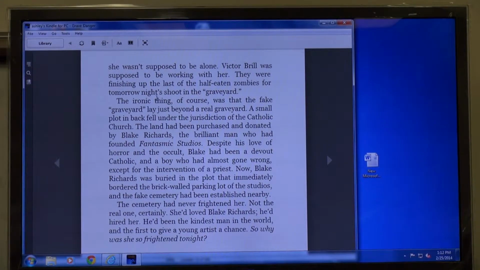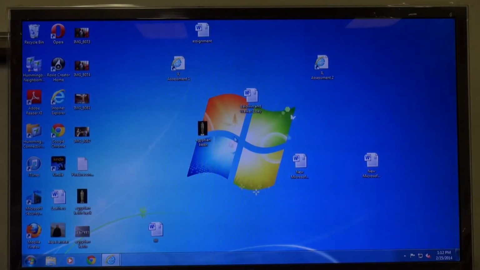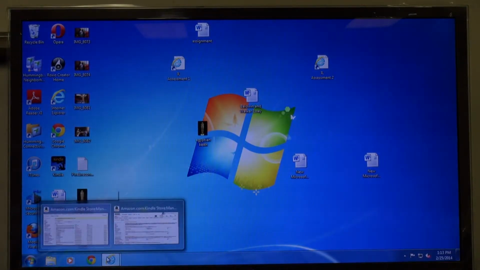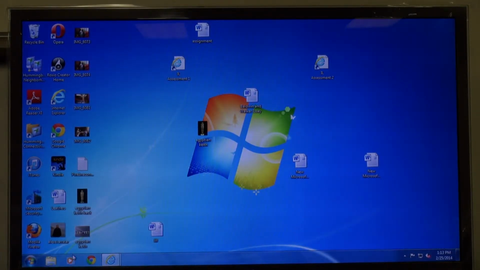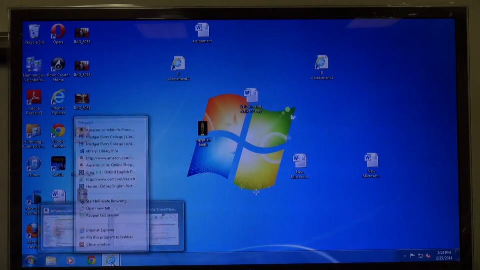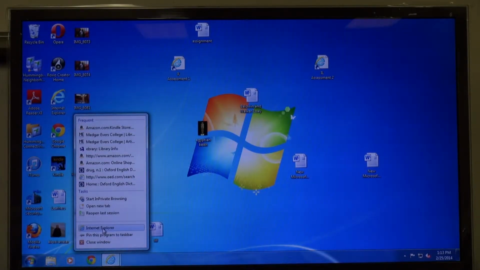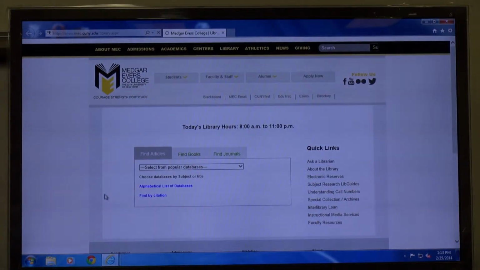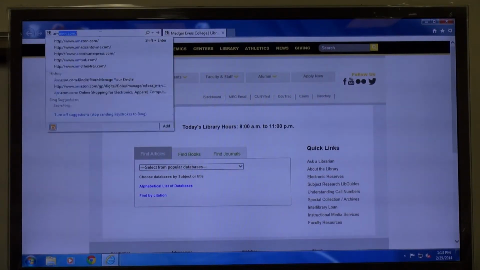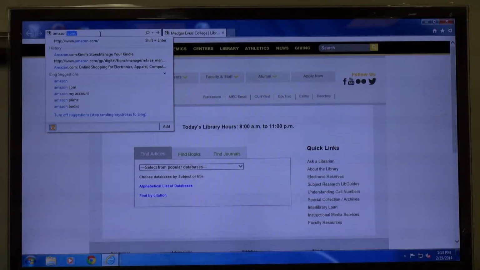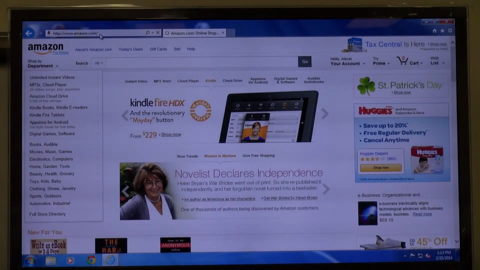Upgrade to the actual Kindle, then you get all the features. Okay, now let's use Internet Explorer, because apparently there were glitches with Chrome. Amazon.com. And on Amazon,